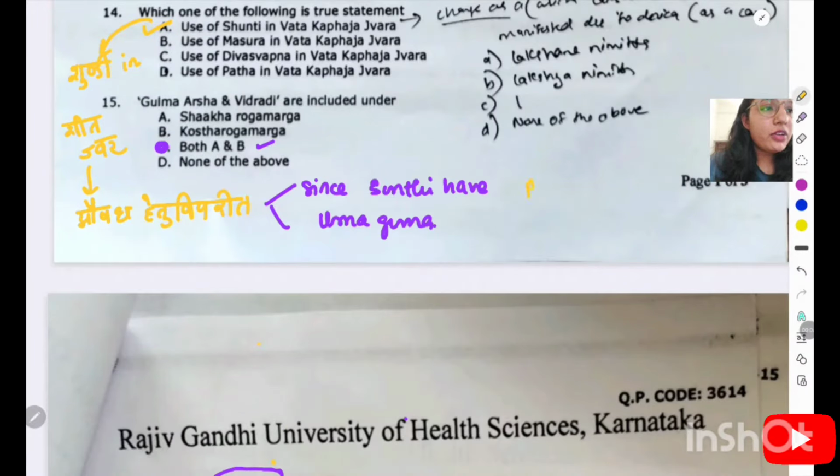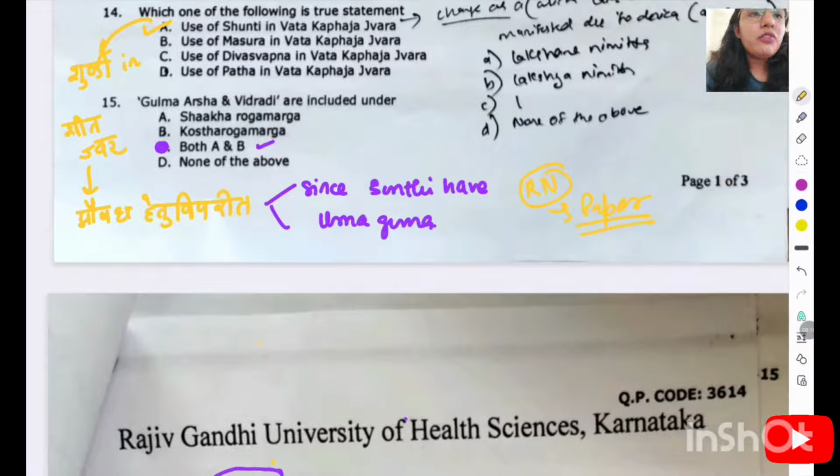So today we are going to discuss our Nidana paper 1 best MCQs, and with these MCQs I explain small concepts also. So maybe the same MCQ will not come in our paper, but a kind of example or concept will come. The first question is from the Upashaya and Anupashaya. We have to select the correct statement.